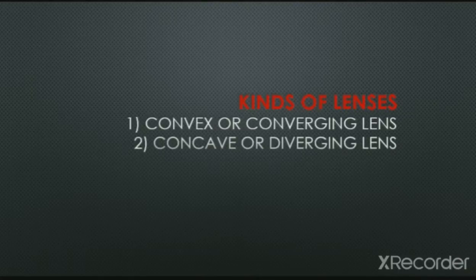It is known as a converging lens because of the converging action it produces. We'll study in the further topic how the convex lens produces the converging action and how the diverging action takes place through a concave lens. So because of their converging and diverging action, their names are given. They are also known as convex or concave lens.